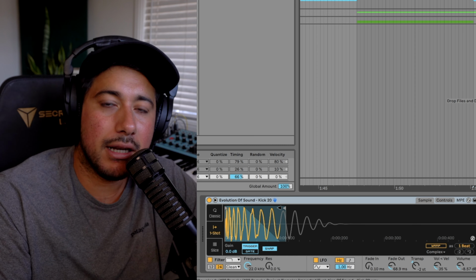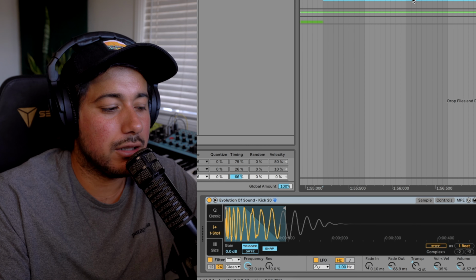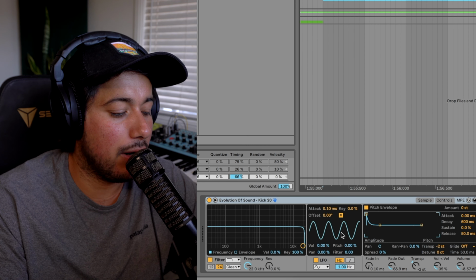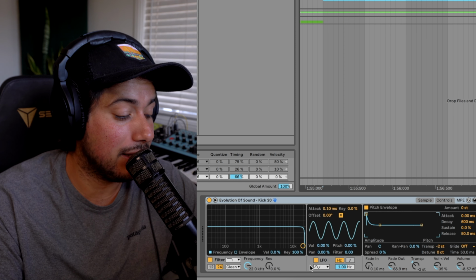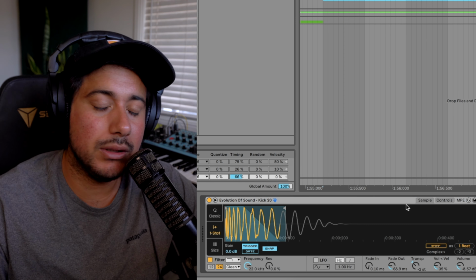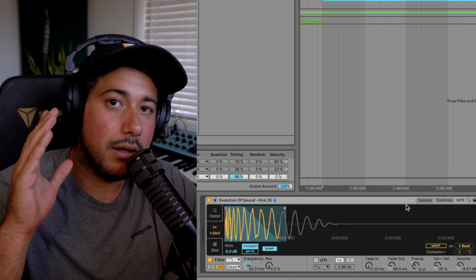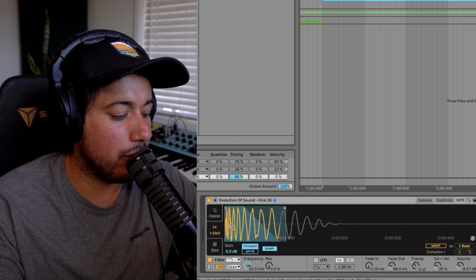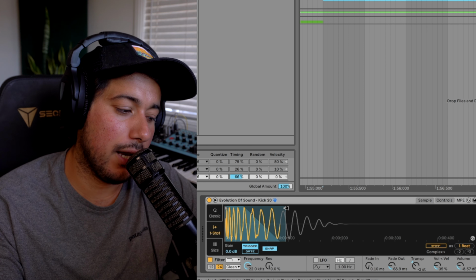Personally, me, I'm a MIDI man, and I always recommend people use MIDI. You have access to velocity. You have access to a little bit of randomization if needed. Now we're not doing none of this fancy stuff for this thing. In fact, all we're really using the sampler and simpler for is going to be for this little cool feature here. When we go from classic to one shot,